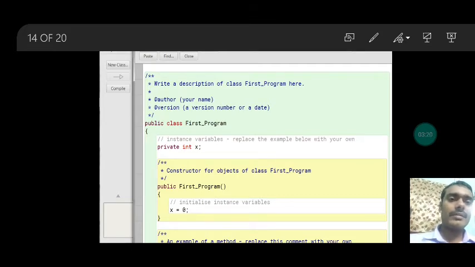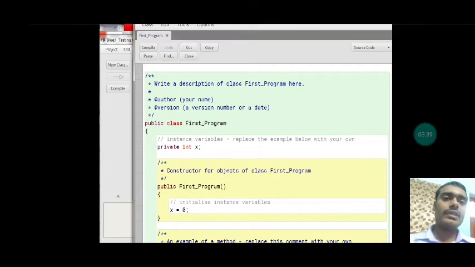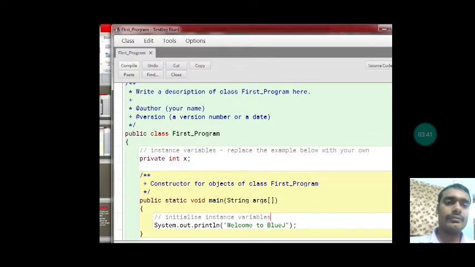You can also create the main function. In the yellow area I had created a public FirstProgram, and I have erased that function and created another function, public static void main(String[] args).